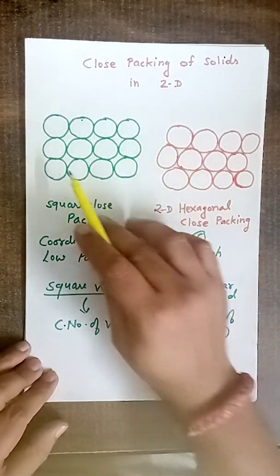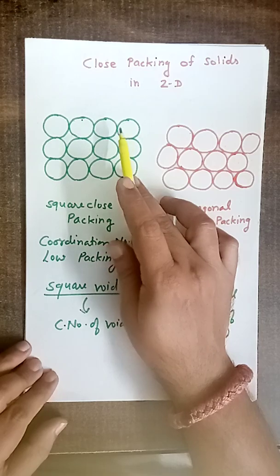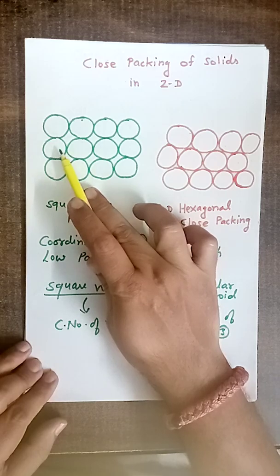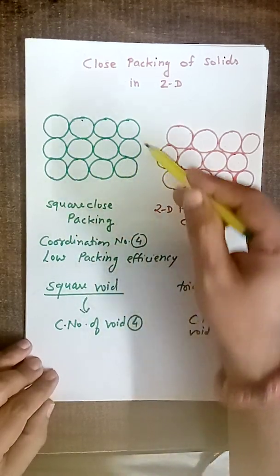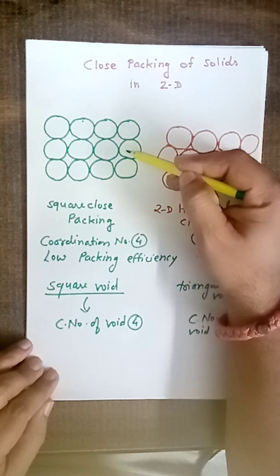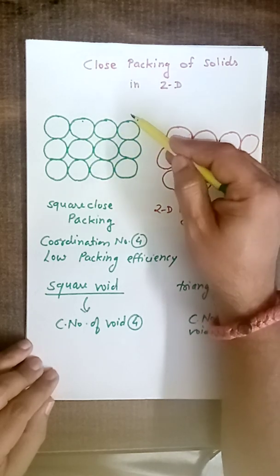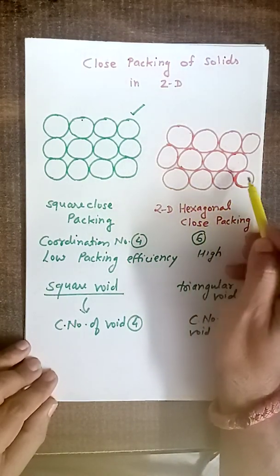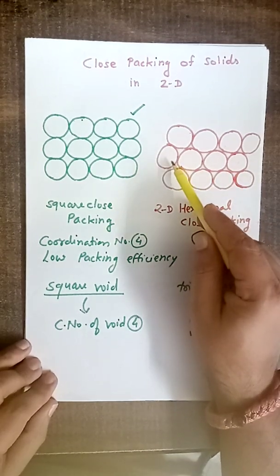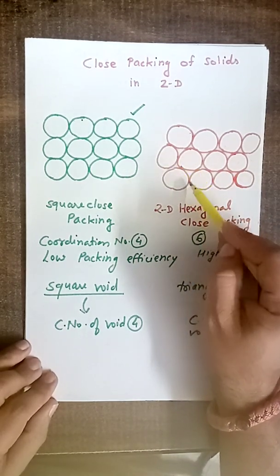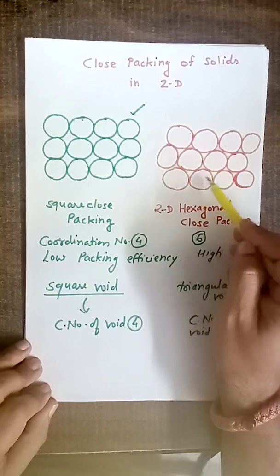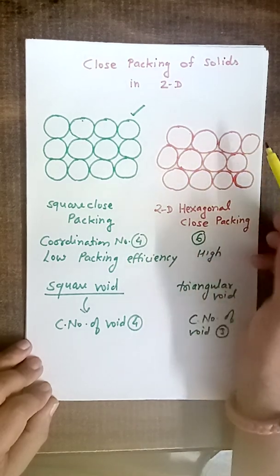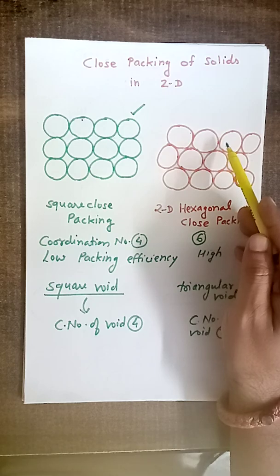In the first structure you can see particles are aligned horizontally as well as vertically to each other. This is the first row of particles. The second row of particles just occupies over the first row. The particles of the third row occupy just over the second row, and therefore this is the first possible pattern. In the second pattern you can see the first row is as it is, but this time the particles of the second row do not occupy just over, in fact they occupy the depressions of the first row. Similarly, the particles of the third row occupy their position in the depressions of the second row. So these are 2 possibilities in 2-dimensional structure.